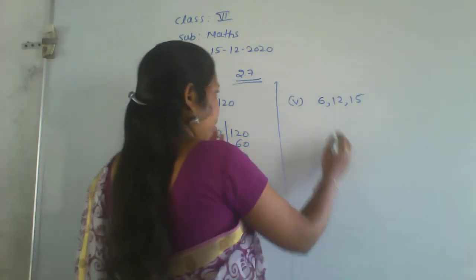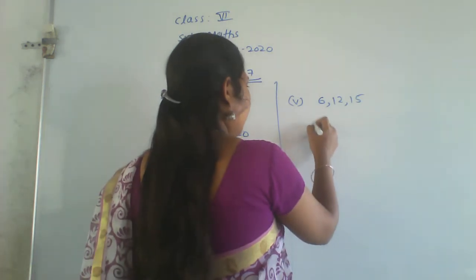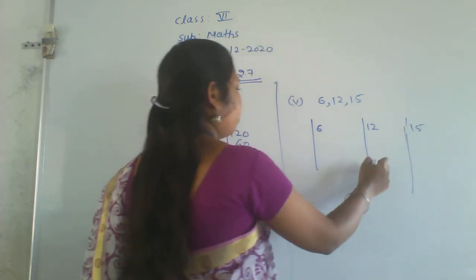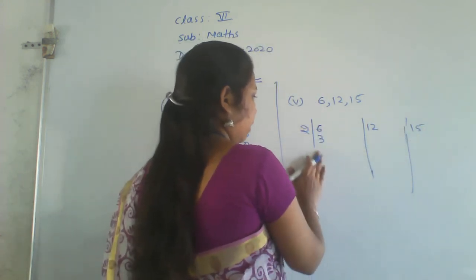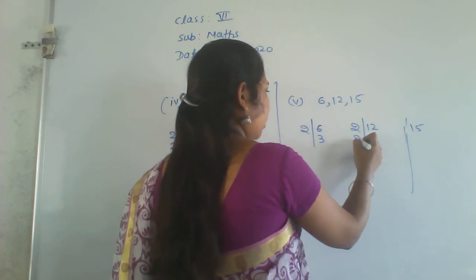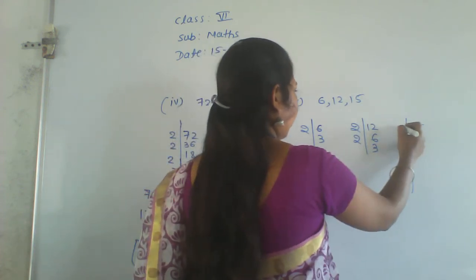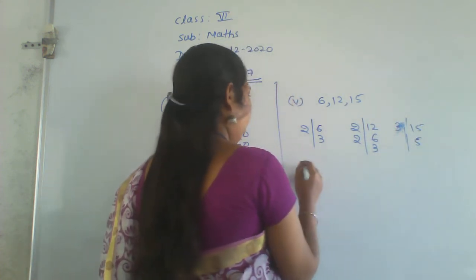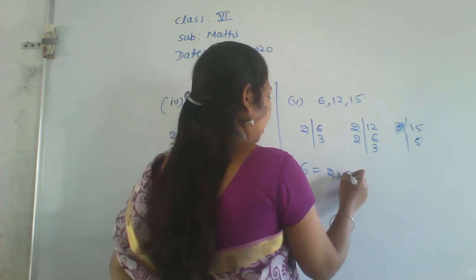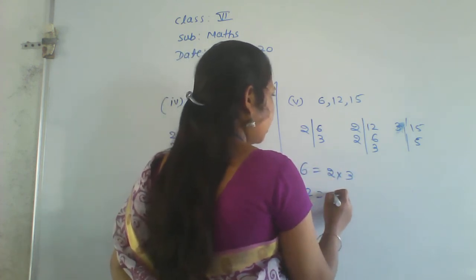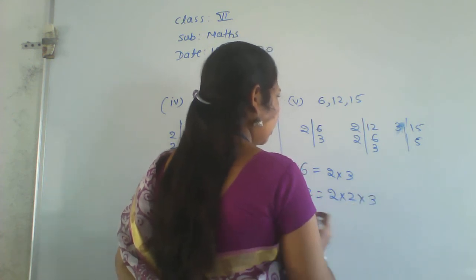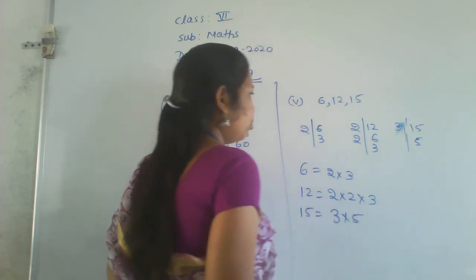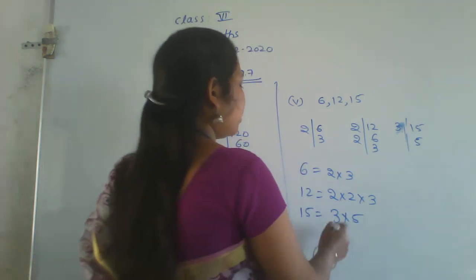Now do this problem. Okay, they have given us 3 numbers here. Same, find the prime factors first. So next one here, see, 2 3s are 6, only leave here. And here 2 6s are 12, 2 3s are 6. Okay, next here also. 3, first take a 3, 3 5s are 15, 5 is the prime number, leave here only. So 6 can be written as 2 into 3. Next 12 can be written as 2 into 2 into 3. Okay, 15 can be written as 3 into 5.